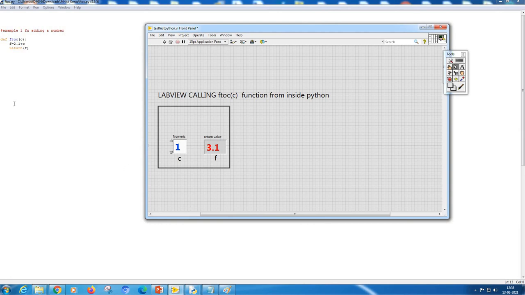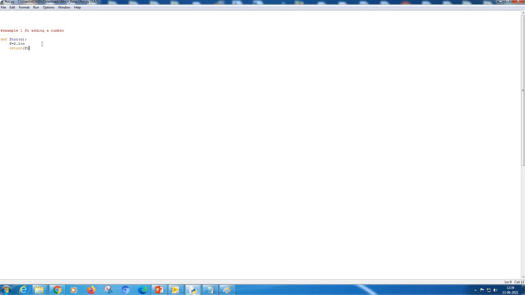What you see on the screen is a combination of both, how you are going to program in LabVIEW as well as in Python, and how you combine these two. The Python program which you see right now is a simple program, a function.